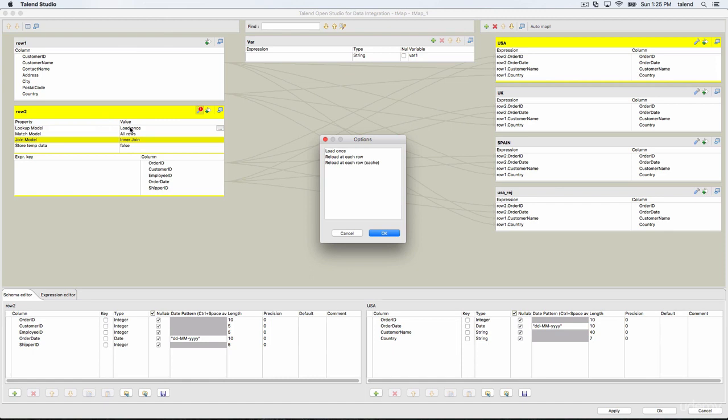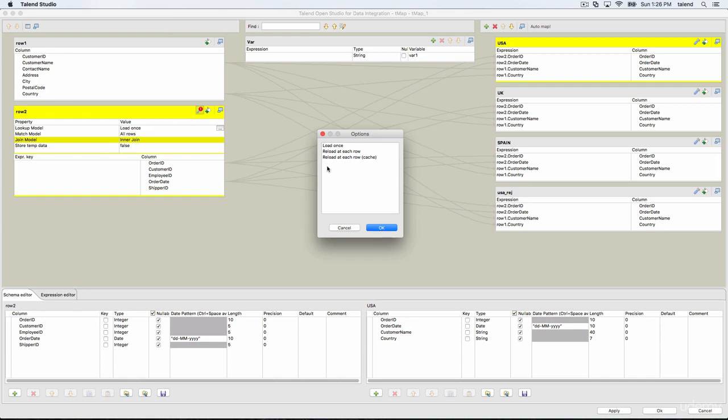If you want to load the entire lookup table before processing the main flow, you select load once. You will select it if your lookup table has a small amount of data, or if your main flow has a huge amount of data.